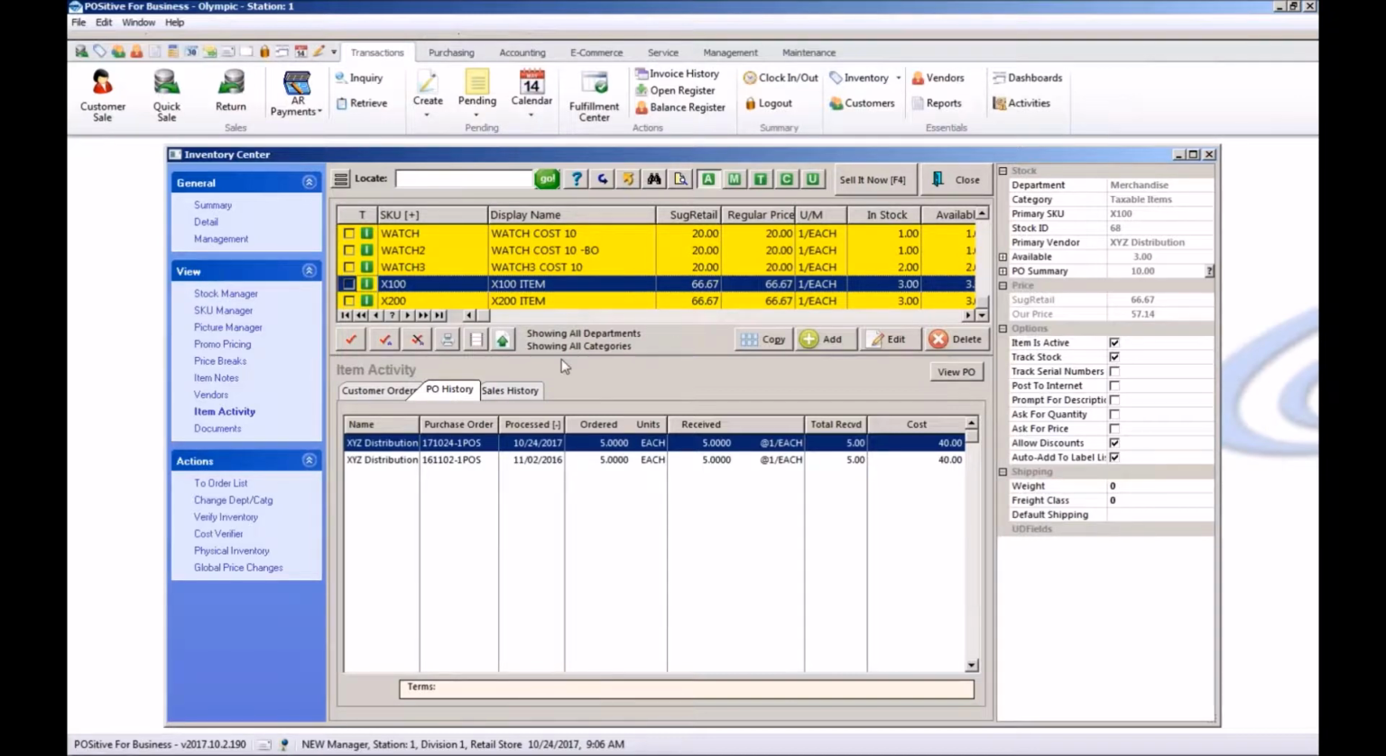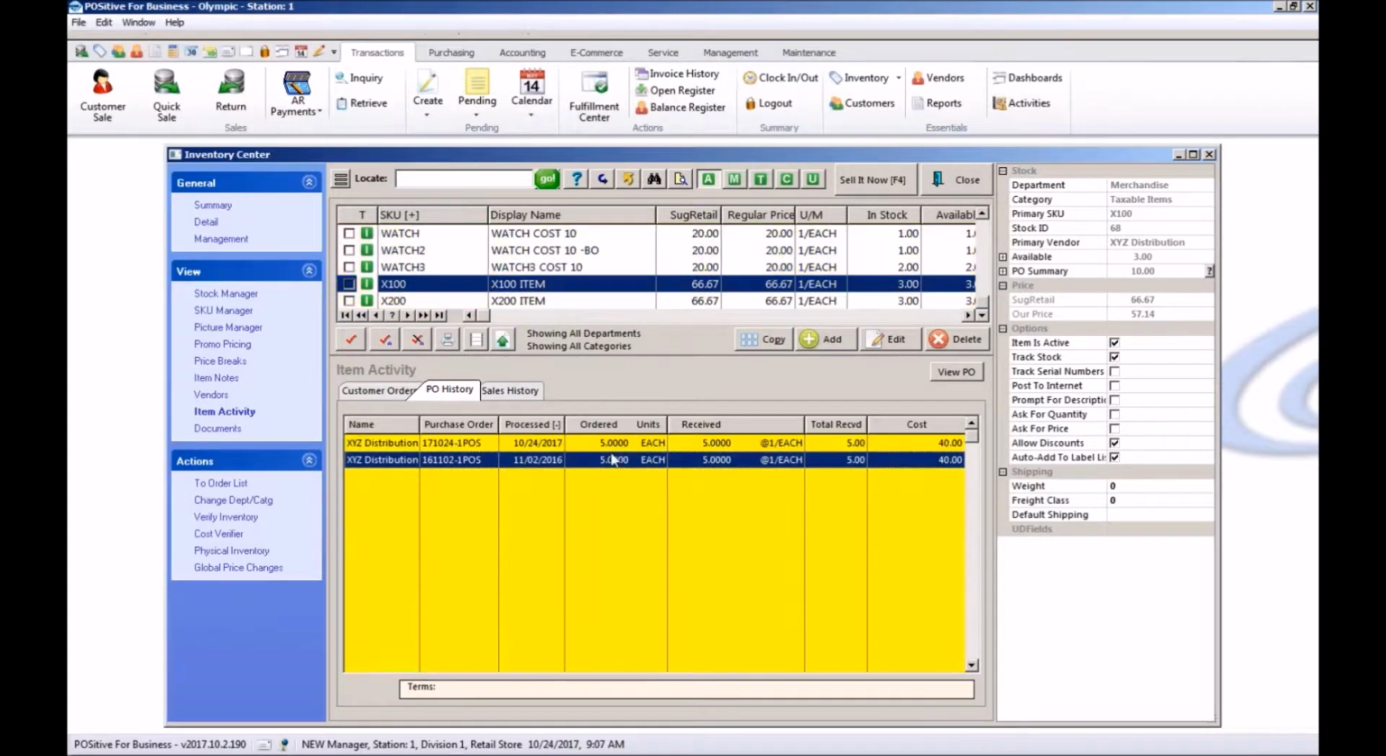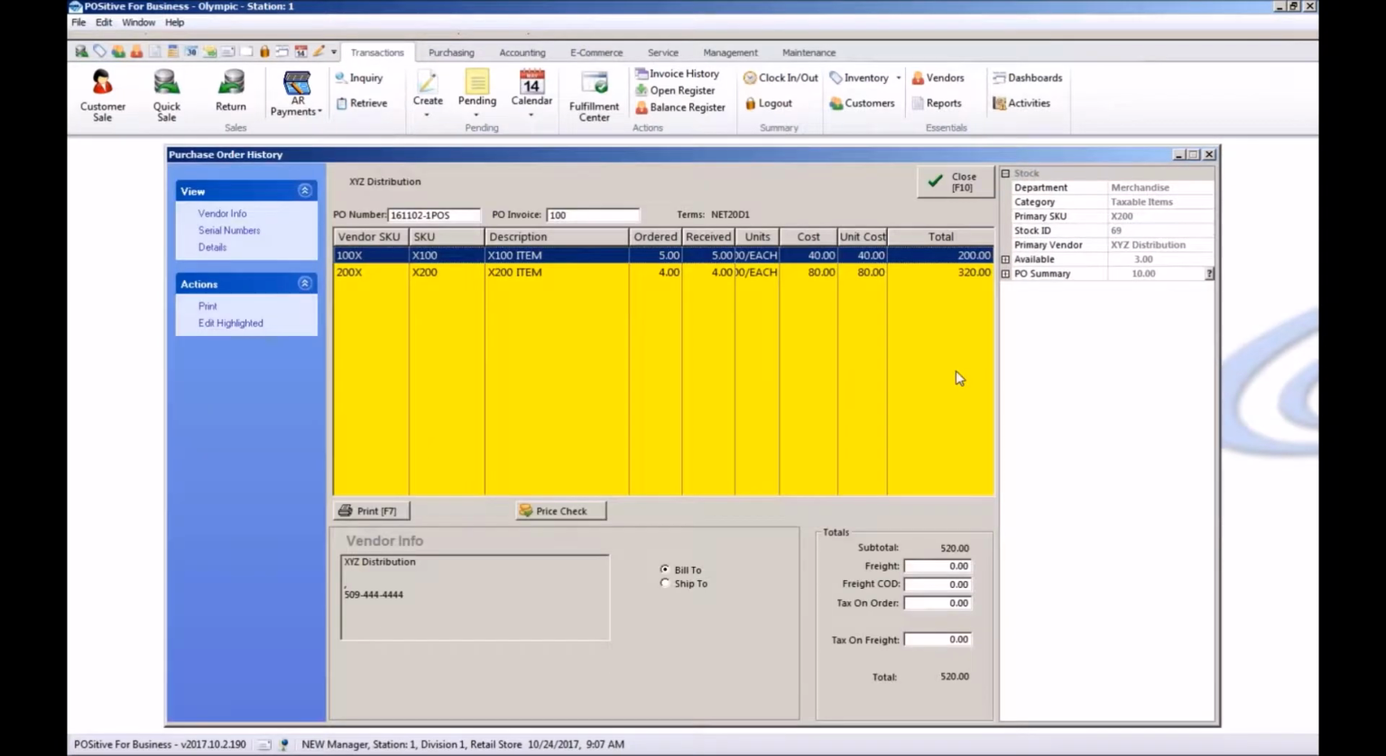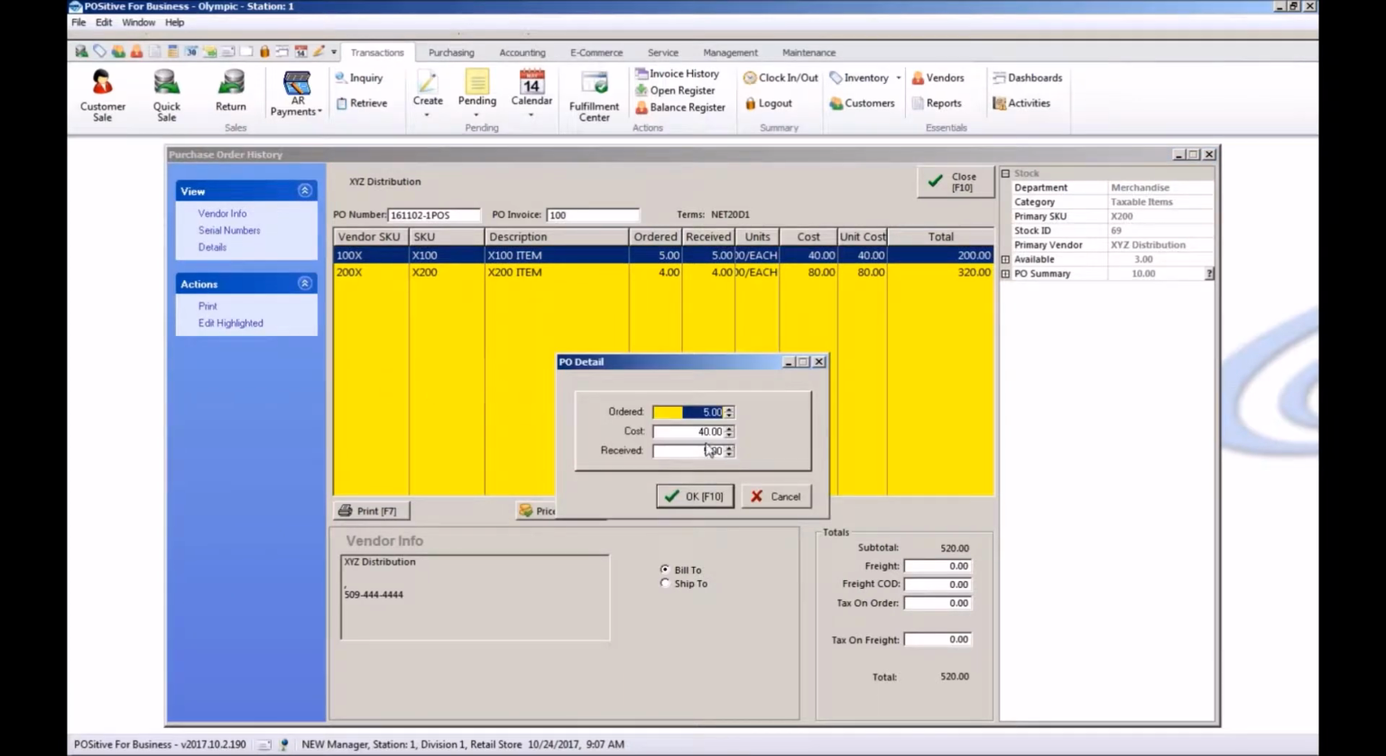So if you're receiving products early, you may not be aware that there was a price increase until the bookkeeper contacts you. I can highlight this purchase order, choose View PO, and this item came in and the cost was $40, but it should have been $42 according to the vendor's invoice. So I choose Edit Highlighted, and I have access to the cost field,